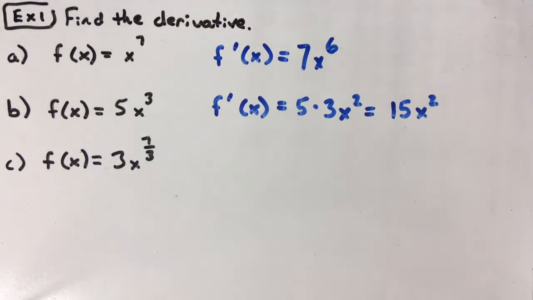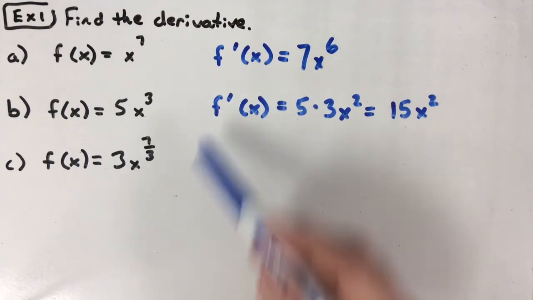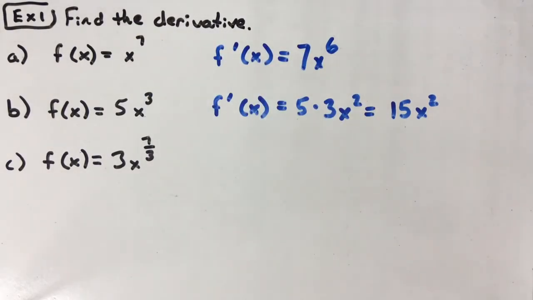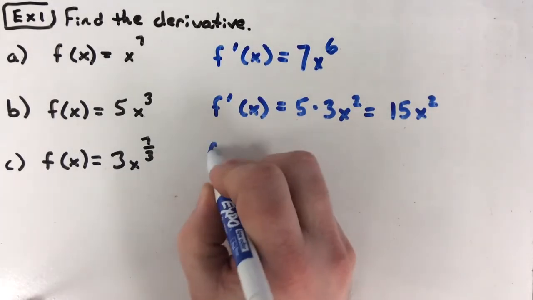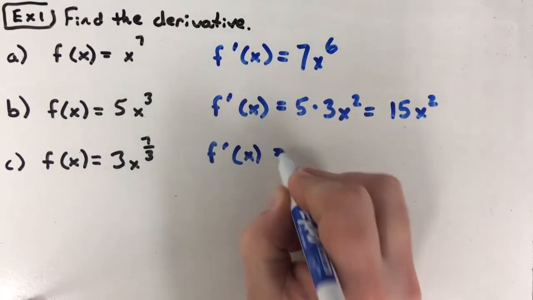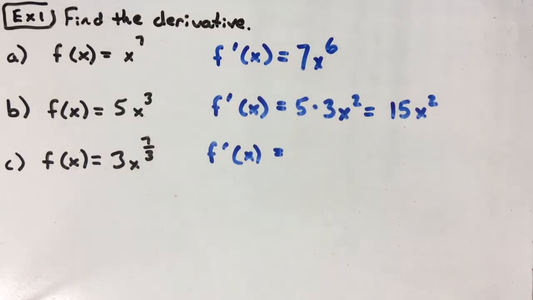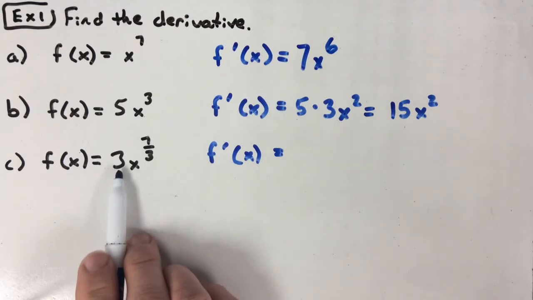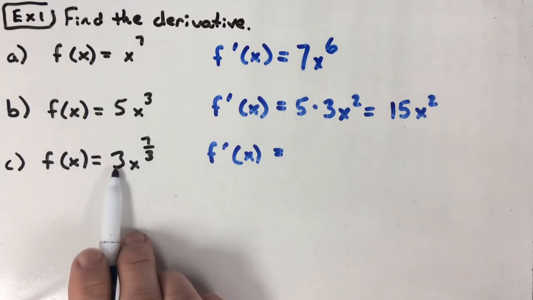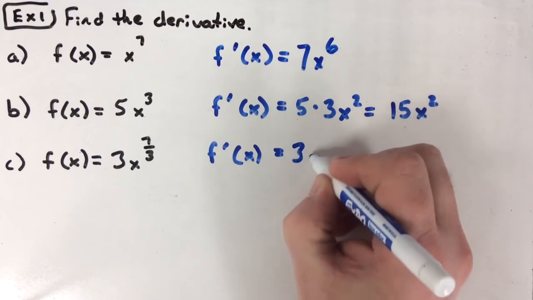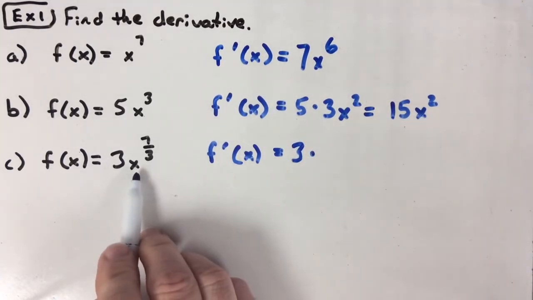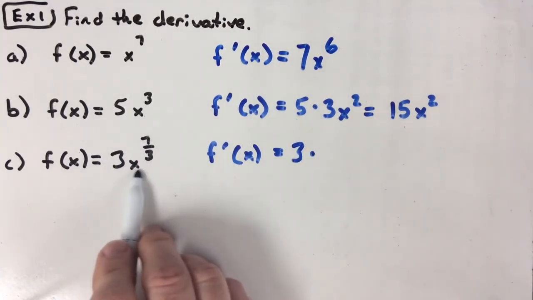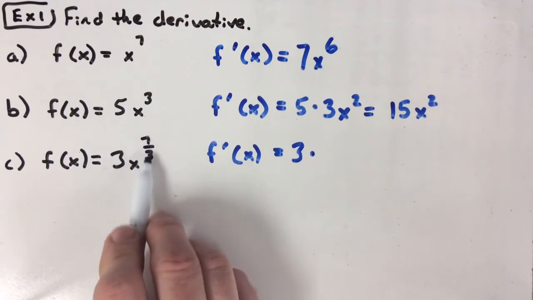We said that you should be able to go through and calculate the derivative if you have a real number for the exponent. I've done integer values so far, so it's been pretty easy. This is still just about as easy, and you can use your calculator to help yourself out a little bit. But if you don't have a nice integer here for your exponent, it would look like this. Well, I'm going to be doing the derivative. I have a number in front, so I can just copy that down. So that's just going to be 3 times. And then the derivative of x raised to a real number, in this case x raised to the 7/3, we